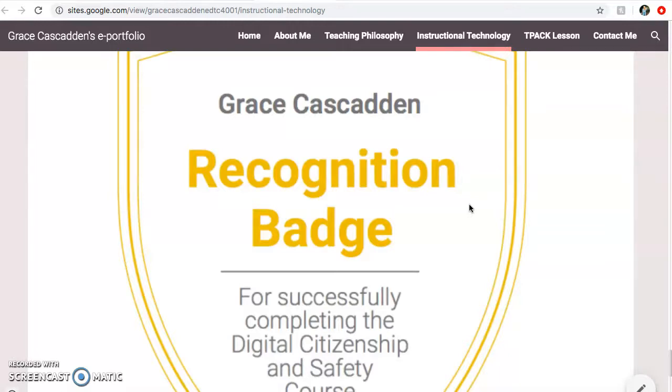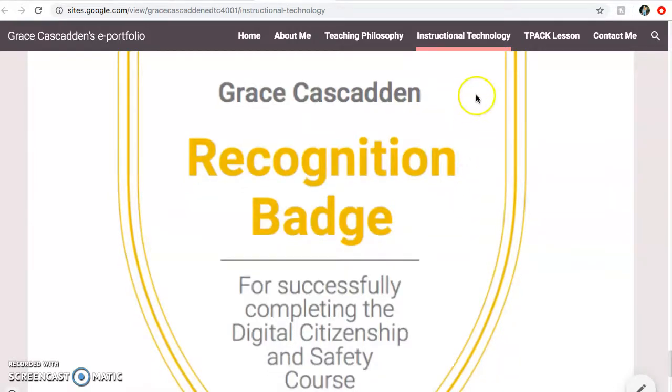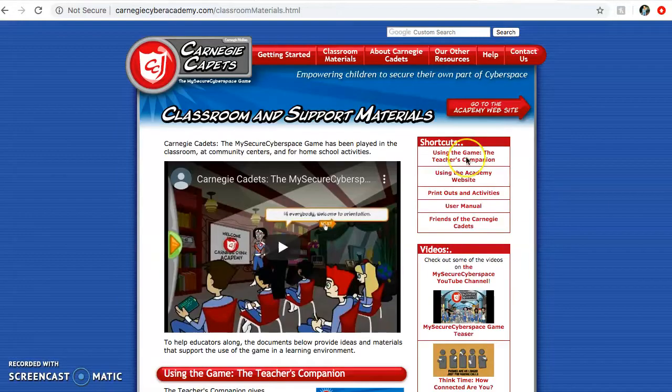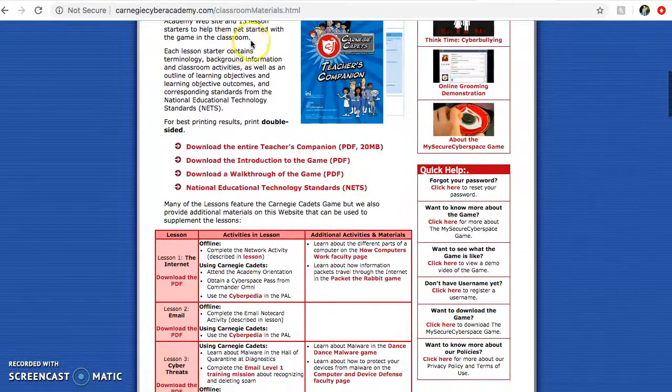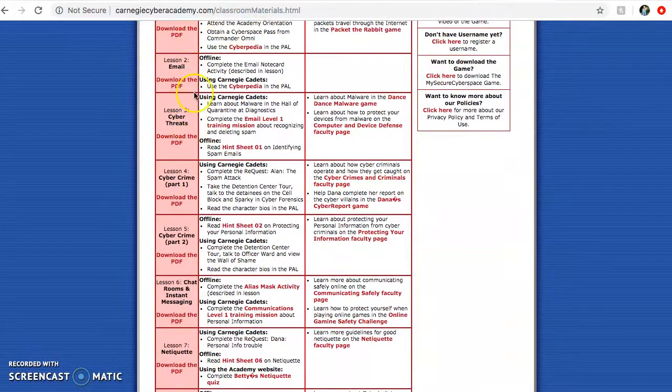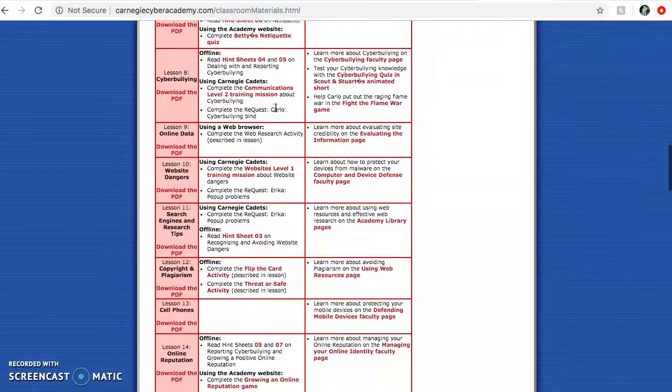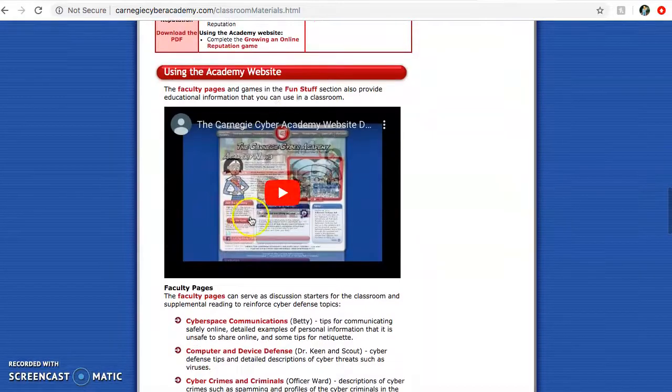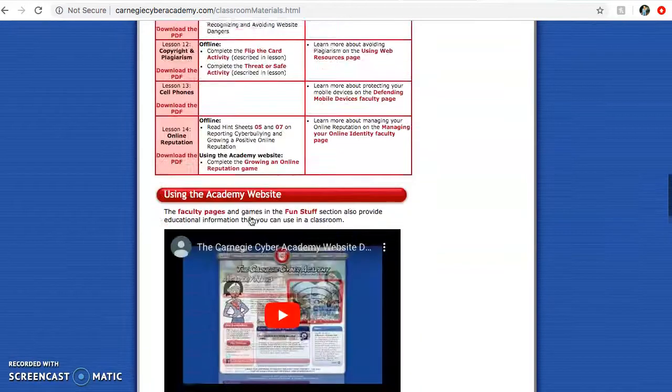So when I was researching my different websites, I really focused in on the relationship and communication aspect of it. The first website that I found that I really like is Carnegie Cadets, and this is a great website for teachers. There is a lot of lessons, activities, PowerPoints, videos, so many things you can use in your classroom